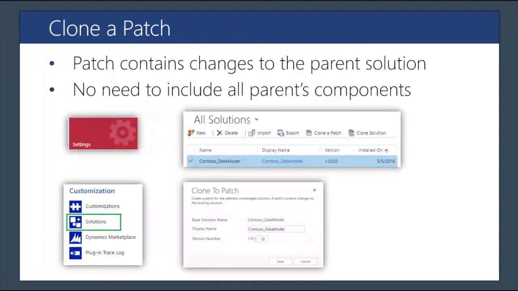One of the things that we've provided, and I mentioned this before, one of the capabilities we've provided for this is to clone a solution, basically creating a patch. The idea is something really simple. As an example, you publish a form and you publish the solution in your production environment, and you realize that there's an error in the form, something simple, a label, something along those lines where you just need a quick change. So if you want to clone a patch, you just go back to where that base solution is stored, and you would clone a patch for that solution, and then it just pulls in the pieces that it needs